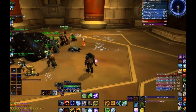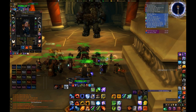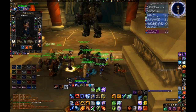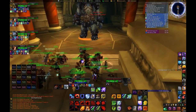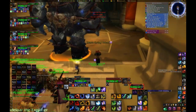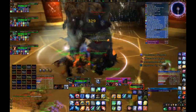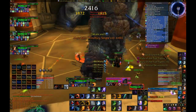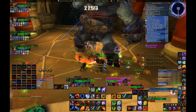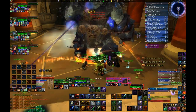All your shocks, your lightning bolts, your lightning shield, which I see a lot of enhancement shamans do not spec into the, what's it called? The static shock. But if you don't, you really should. Give it a try for a while, watch your meters, you'll see why it's good, and you'll probably stick with it. It's basically like having sword spec for an enhancement shaman, like a rogue or a warrior or something like that. But in my opinion, it's better because we have a lot of abilities that will actually boost your straight up